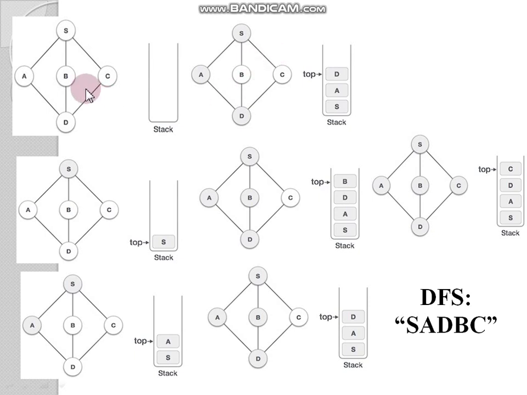Initialize an empty stack. Depth first search starts the traversal from the root node. Here the root node is S. So mark S as visited and put it onto the stack. Search for any unvisited adjacent node from S. We have 3 nodes and we can pick any one of them. Here from S, A, B, C are adjacent unvisited nodes. We shall take the nodes in alphabetical order. So mark A as visited and put it onto the stack.